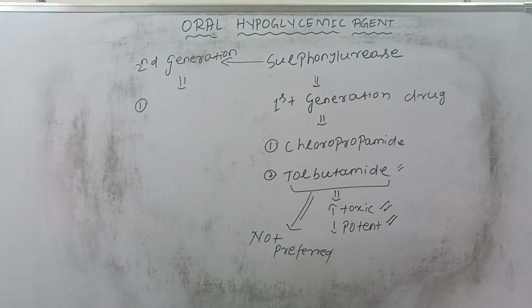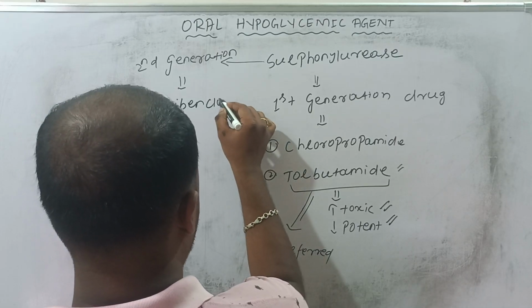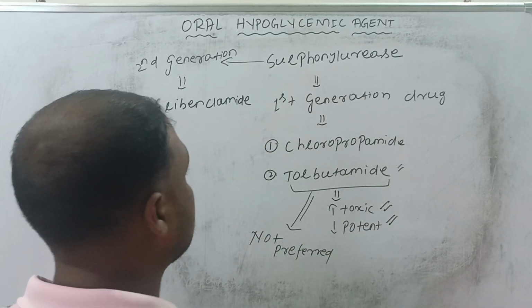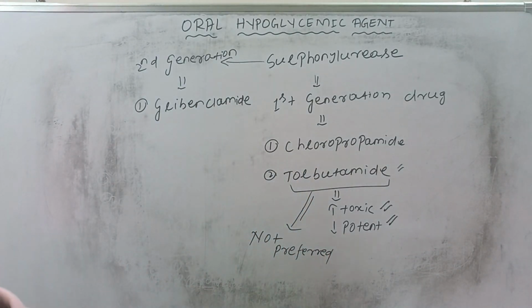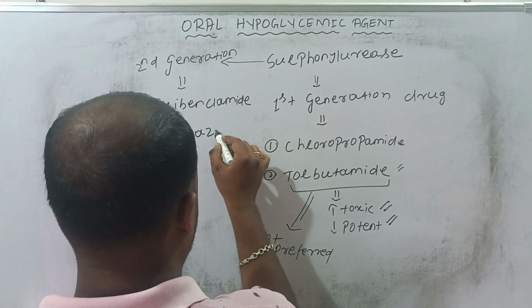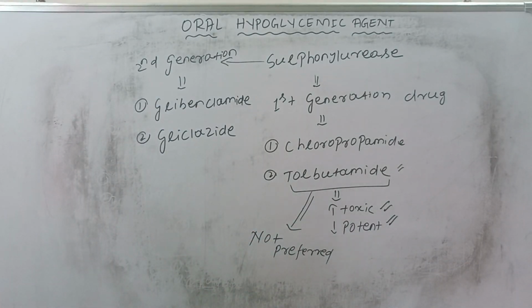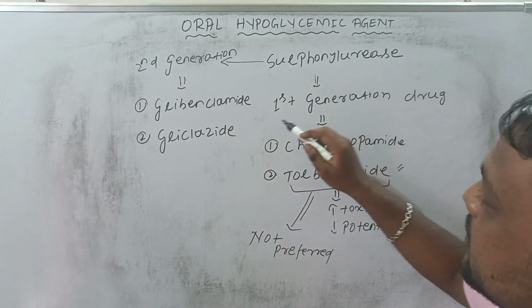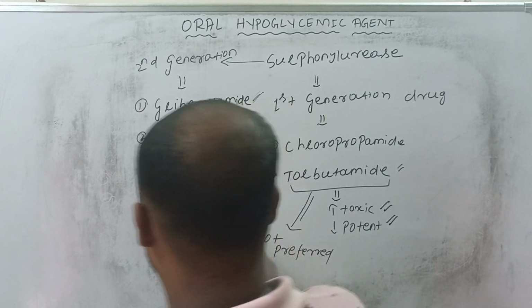The second generation sulfonylureas are glibenclamide, then gliclazide, then the third one is